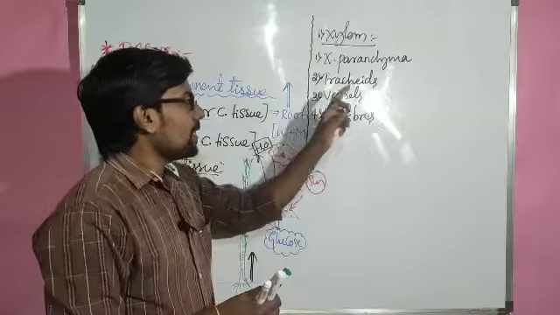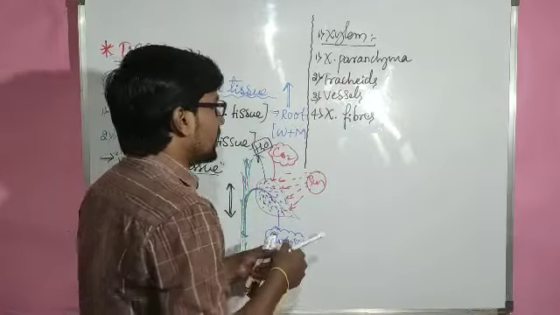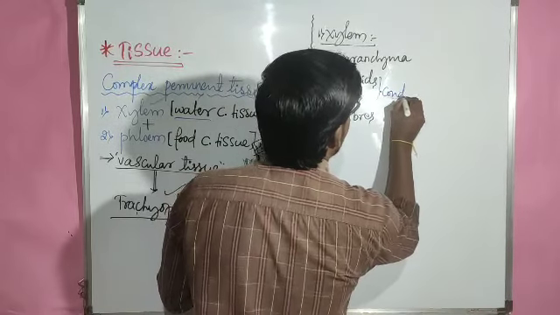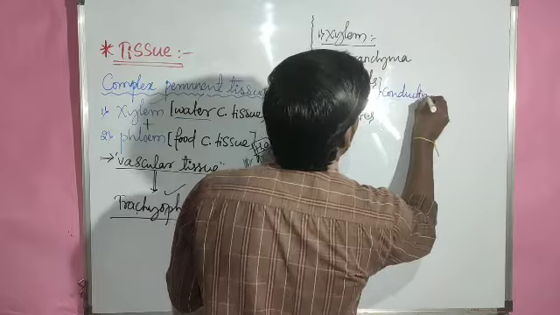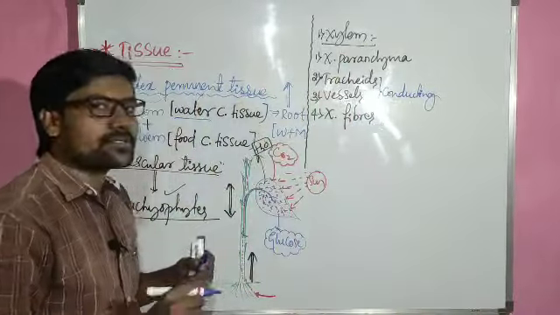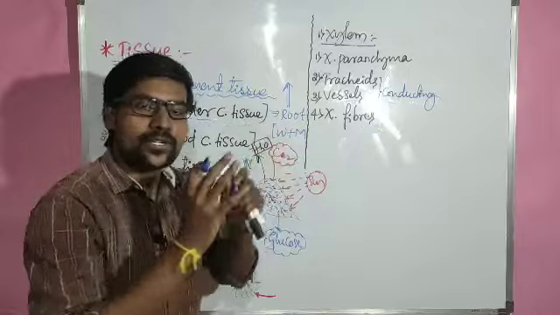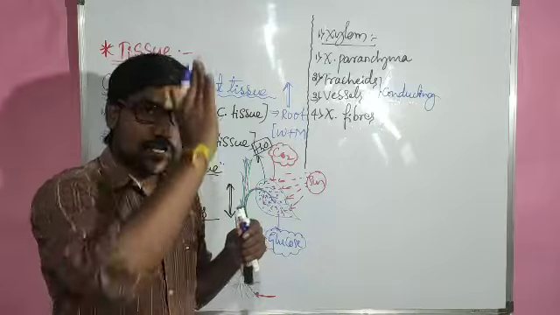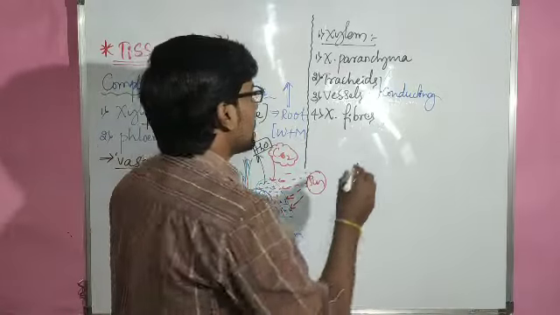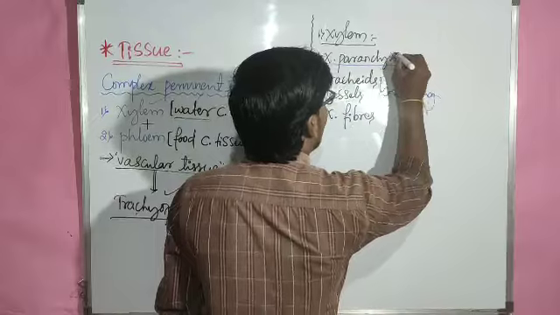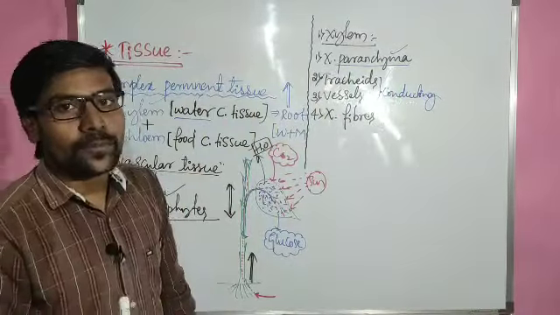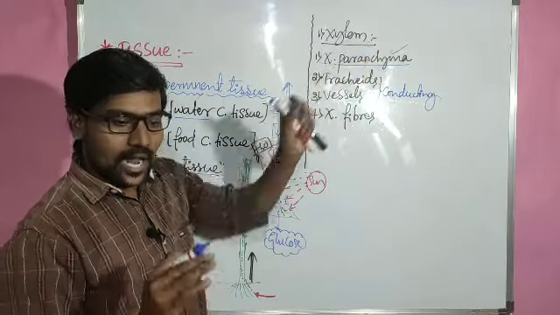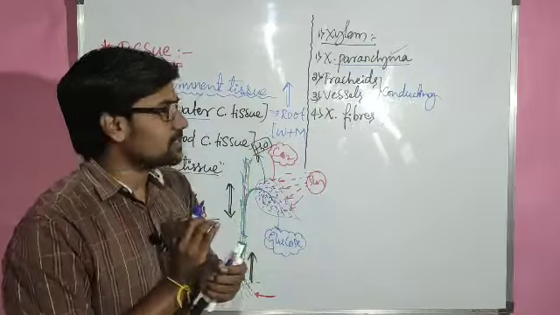Especially these two, tracheids and vessels, are actually the water conducting parts. They conduct water, not the parenchyma and fibers, which just support that structure. So tracheids and vessels conduct the water in the upward direction. And xylem parenchyma, as I already told you, stores the food material. Its work is storing food material, and it is present surrounding the tracheids and vessels.